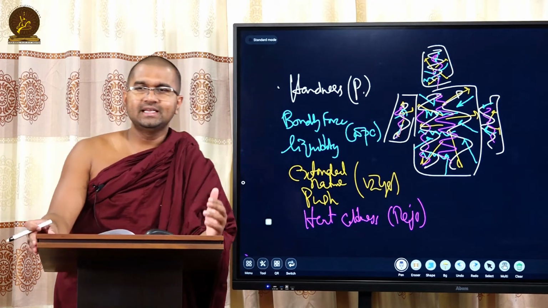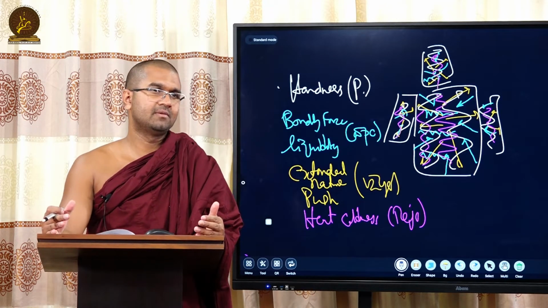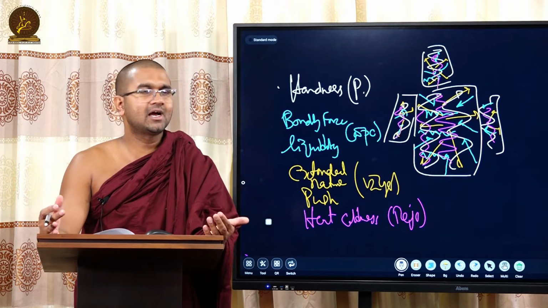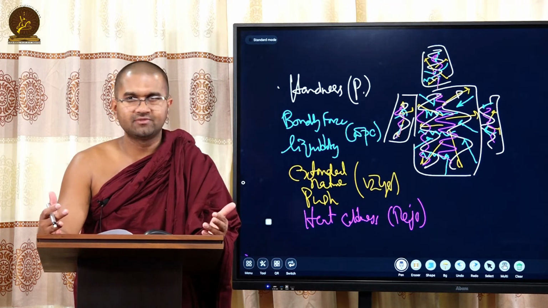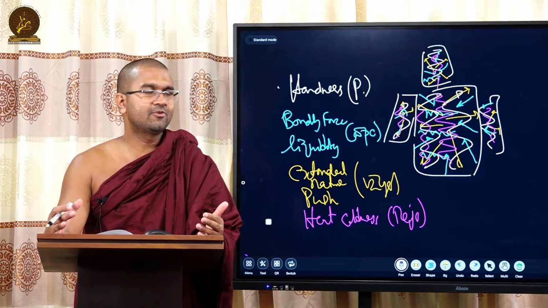So it doesn't matter in the end, as long as you can feel a hardness in a solid body. But if you analyze it, we have to come into the idea of antar-kalapa and kalapa. But at the practical level, at the Vipassana level, you don't need to distinguish them. If you feel hardness, that is patavi. If you feel the liquidity, that is apo.